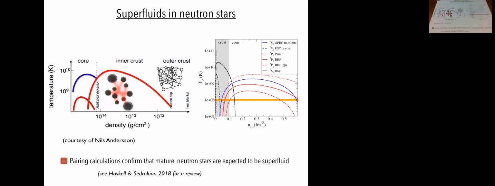I have a question. Yeah. You compare neutrons and protons, but the star must be electrically neutral. There are electrons in there as well. So it is neutral, of course. You have neutrons, protons, and electrons, possibly muons. You could have hyperons in the core as well. The electrons are always normal though. So for this game, I wasn't mentioning them. You are of course right. You need electrons in there because the star has to be electrically neutral.